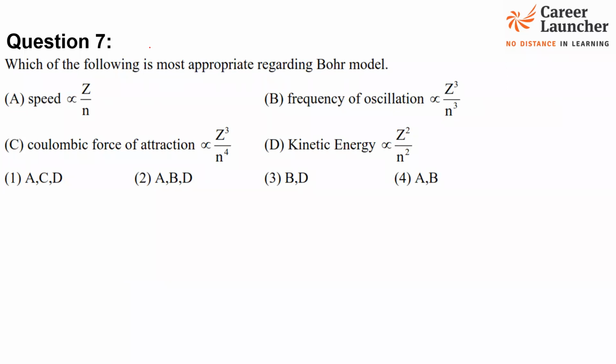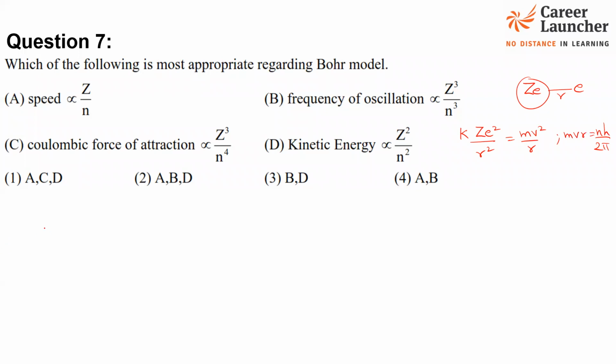Again, we have got A, B, C, D here and different combinations that we'll have to pick up for Bohr atomic model. Let's see one by one. So here we have to keep a few things in mind. Like for Bohr atomic model, this is ZE and this is E. So the force between them is written as K ZE square upon R square, which is equal to mv square by R. And the second equation that happens is mvr equals to nh upon 2 pi.